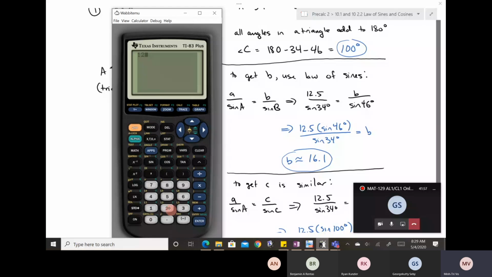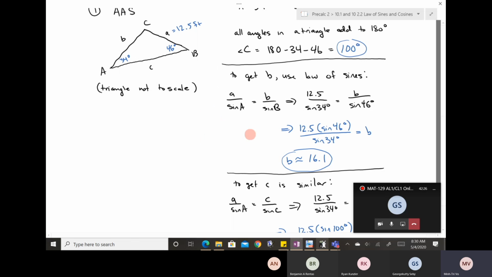And then again, this is just calculating, right? So it's 12.5 times sine of 46 degrees divided by sine of 34 degrees. And you see, I've rounded it to one decimal place, right? So the 7 makes it round up, so you get 16.1. Okay, so here we just use the law of sines to get B, and then to get C, it's similar,